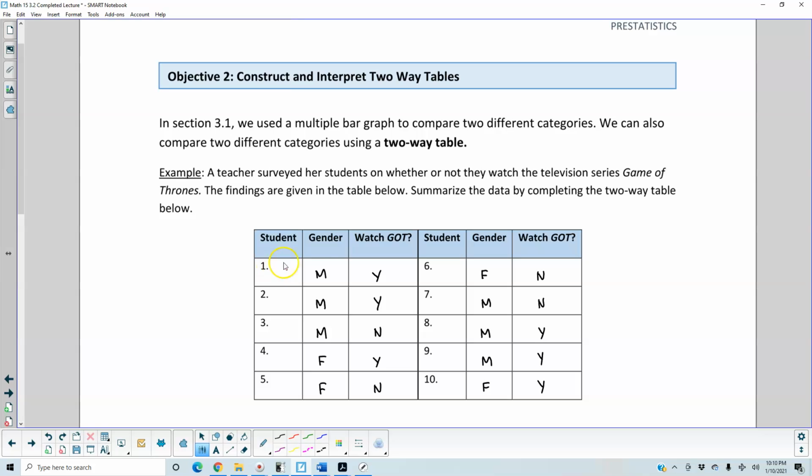So it says the first student, the gender was male, watched Game of Thrones, yes. Number 2, the student, the gender was male, watched Game of Thrones, yes. So you can see here, here's the 3rd, 4th, 5th, 6th, 7th, 8th, 9th, 10th. So there's 10 students that were surveyed. Now,